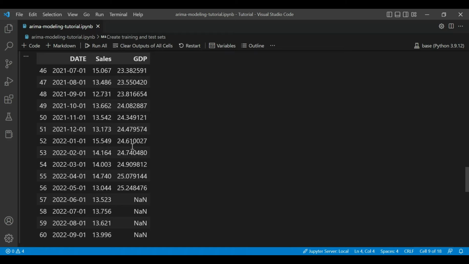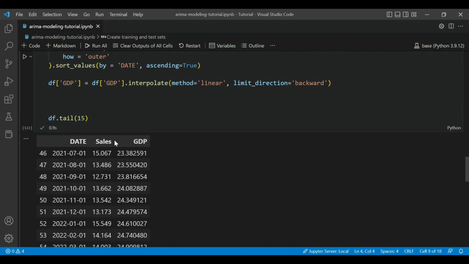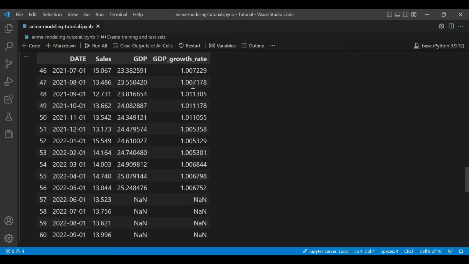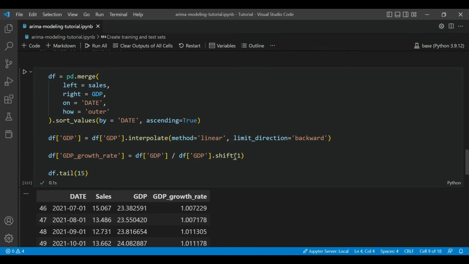What we're going to do is get the growth rate for these last few months and apply it forward. To do that, let me first just make a column for it. It's going to be df divided by the prior value. This allows us to divide the current value by the prior value, and you can see the growth rates here. If you look here, it's about 0.6, 0.6, 0.6, 0.5, 0.5. It's roughly a 0.5 or 0.6% growth rate month over month, and that's what we want to project forward. So let's get this to a fixed number,